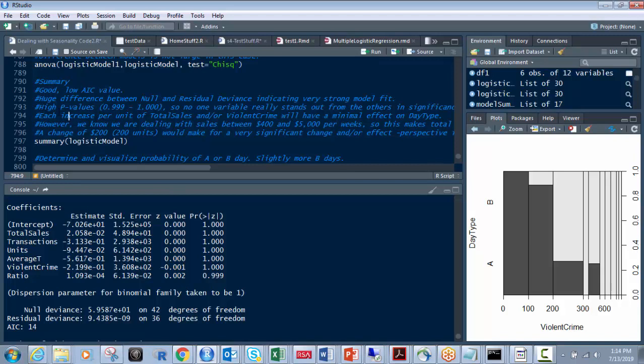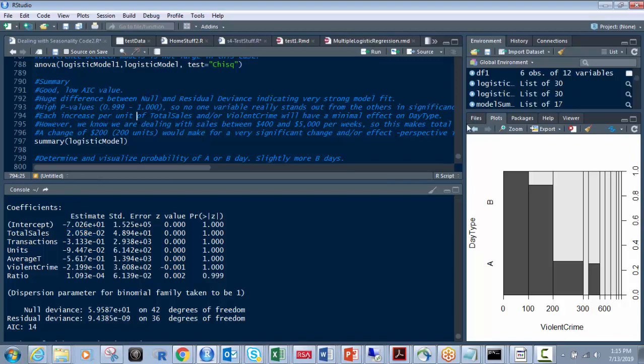Now, we want to interpret this. What is the actual saying here of this summary? What is this actually telling us? Well, each increase per unit of, let's pick one, total sales here, this one right here. Each increase of that will have a minimal effect because it's a very small number, right? Look at this: 2.058 times 10 to the negative 0.2. So what that means is you would think that it's very insignificant, but keep in mind,